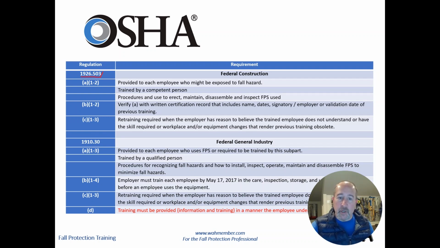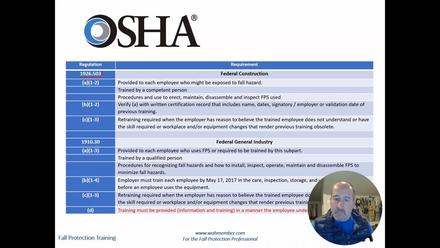1926.503 is Subpart M. It came out in 1995, and I would tell you that most all regulations, Oregon, Washington, OSHA General Industry, Army Corps of Engineers, they were all kind of born out of Subpart M because it was the first one to include requirements for fall protection training. So to summarize them briefly,